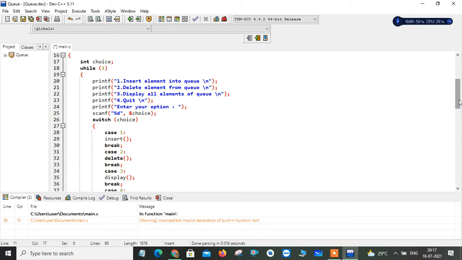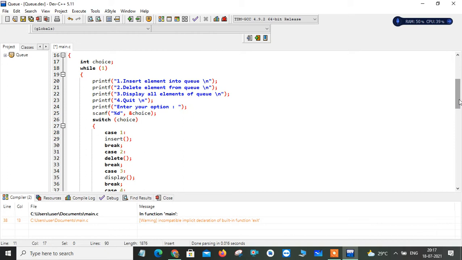Here I'm passing 1. If the condition is true, it means the user wants to continuously execute this program, so it is evaluated as 1, which indicates that the user wants to continue. Whenever the user exits, it returns 0 to my while loop, and then the loop gets terminated. Until then, it will display the menu on screen every time.